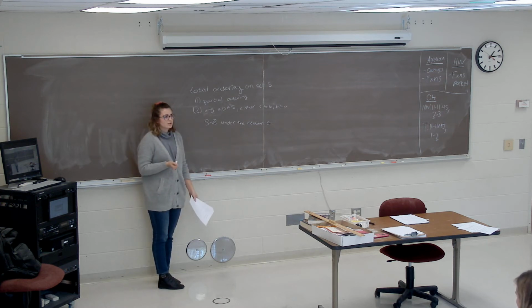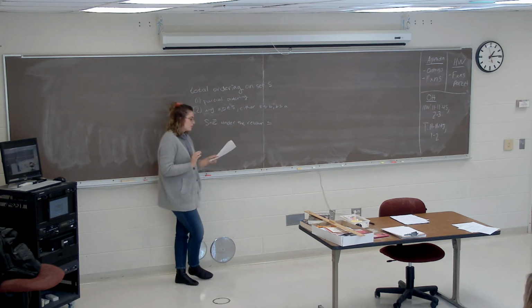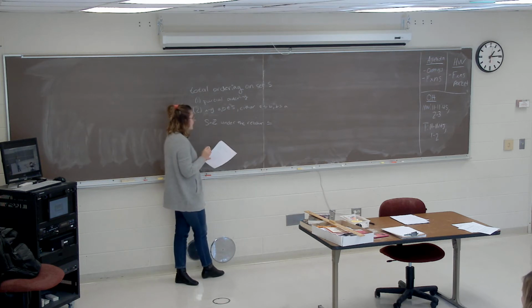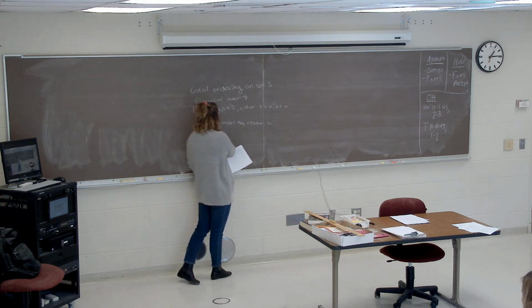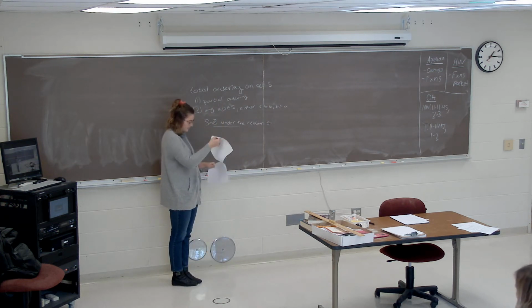Do you want me to show why it's a partial ordering, like on the first page? Okay. That sounds like a lot. Okay, so we showed that it fulfills all the requirements to be a partial ordering, and all elements in this set can be written as either A is less than B or B is less than A.